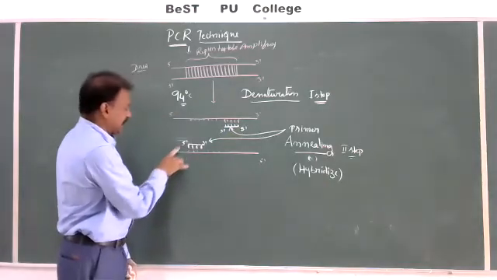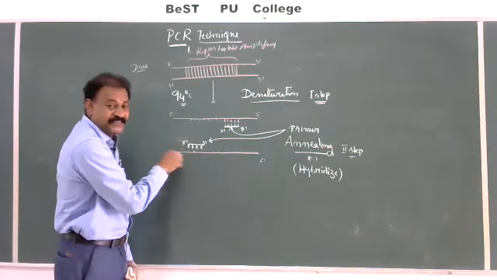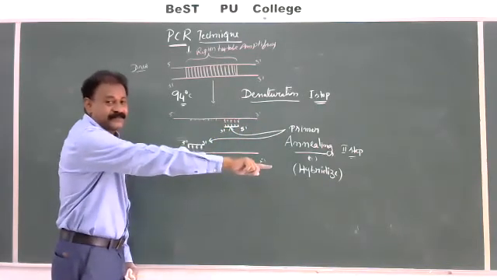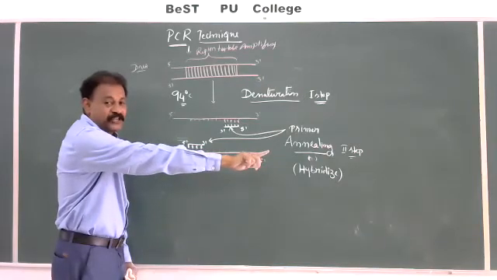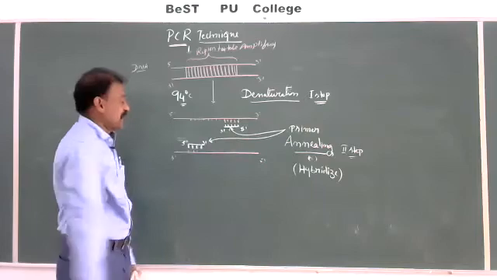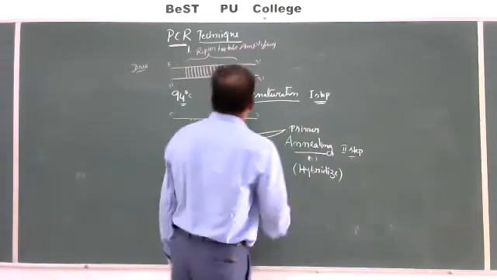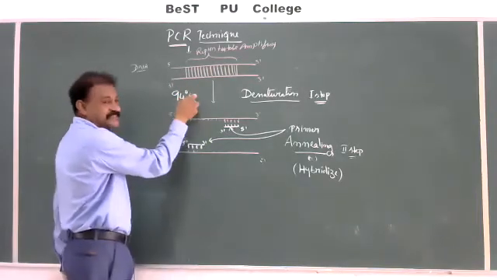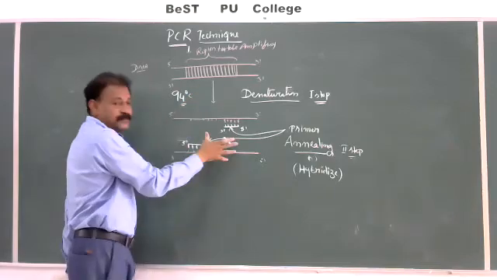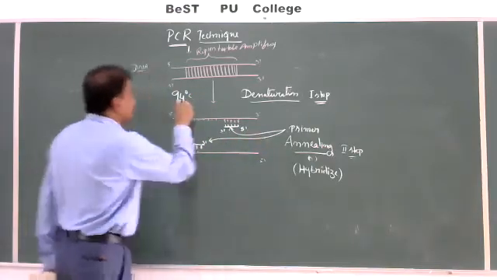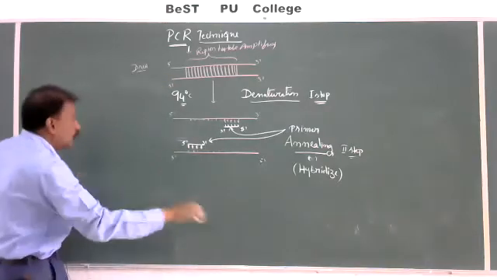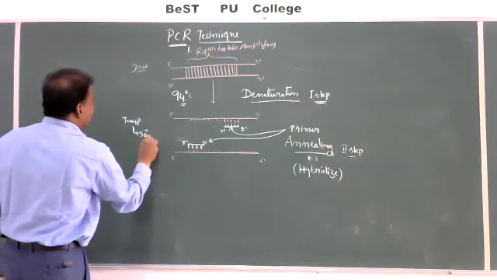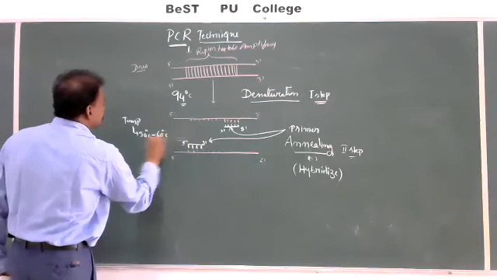Because new strand will be always synthesized in 5' to 3' direction, because DNA polymerase recognizes the direction of replication or multiplication or polymerization starts. So here annealing. Now at the time of denaturation, the temperature is 94 degrees, high temperature, but at the time of annealing, the temperature has to be reduced or cooled. Temperature should be maintained at 50 degrees centigrade to 60 degrees centigrade.